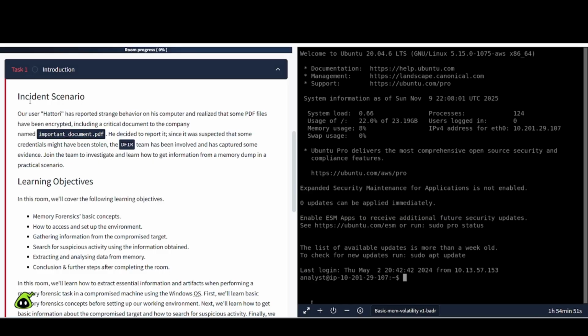Task 1 Introduction. Incident Scenario. Our user Hattori has reported strange behavior on his computer and realized that some PDF files have been encrypted, including a critical document to the company named important_document.pdf. He decided to report it. Since it was suspected that some credentials might have been stolen, the DFIR team has been involved and has captured some evidence. Join the team to investigate and learn how to get information from a memory dump in a practical